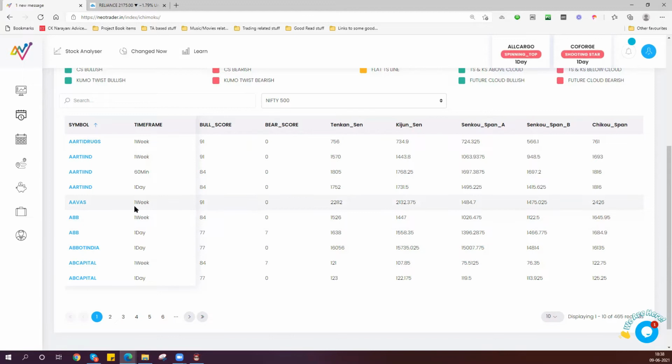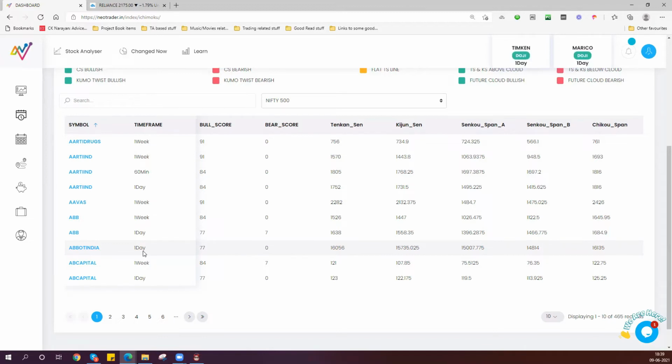Aavas bullish in weekly, Abbott bullish in daily. What does that mean? That Aavas has a trend which has been going on earlier and now is under reaction, whereas Abbott may be having a trend which is of a shorter dimension. That is why it is bullish only in the daily. So I trust people are with me on this. I'll just go to a chart and explain all this, right?